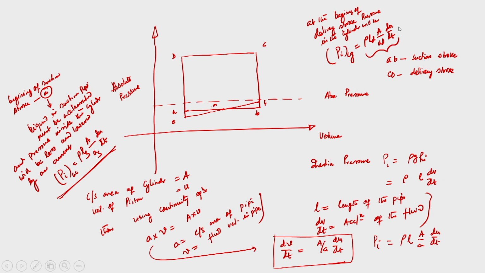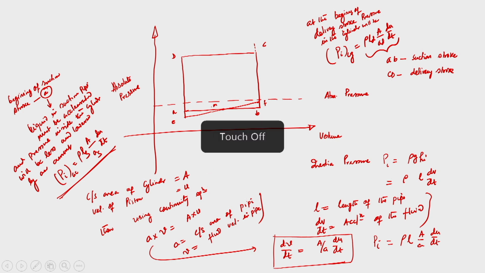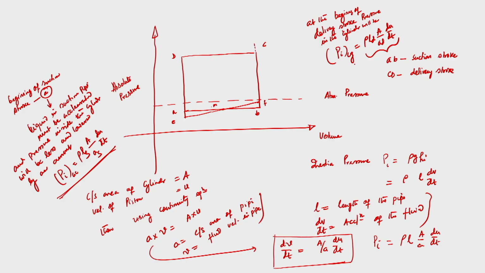This amount will increase the pressure, because at the beginning of the delivery stroke the piston momentarily tries to put force on the fluid, and that increment is because of the inertial effect. The delivery valve will then try to open. The exact amount will be Pi Cg, that is rho Ld A by Ad du dt.